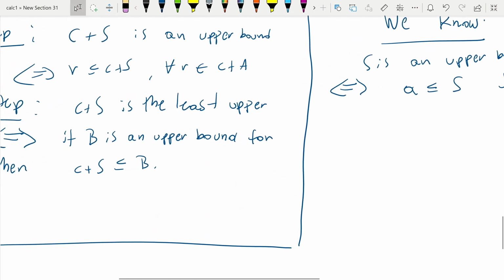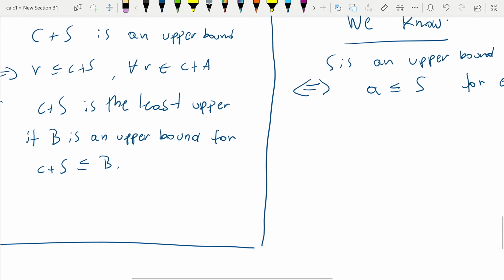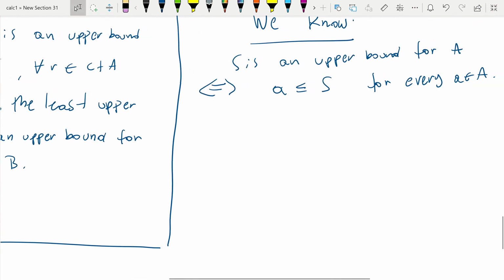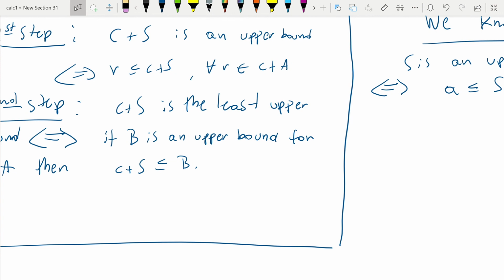And so how do we obtain the corresponding statement over here? We simply add C on both sides, and that's the key thing. We're starting from here, a is less than or equal to S, and we have to transform that into this